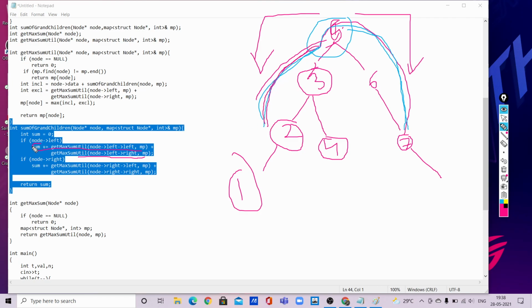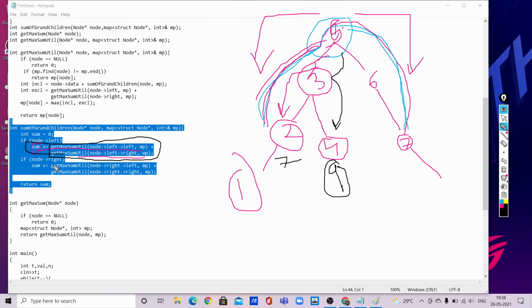Sum is 5 right now in our hands, and node arrow left means it will go from 3 and reach 2. So 5 plus 2 is 7 up to here. And node arrow left arrow right, 5 plus 4, is 9. 9 is the maximum we got here. So from this we will be getting the maximum value.